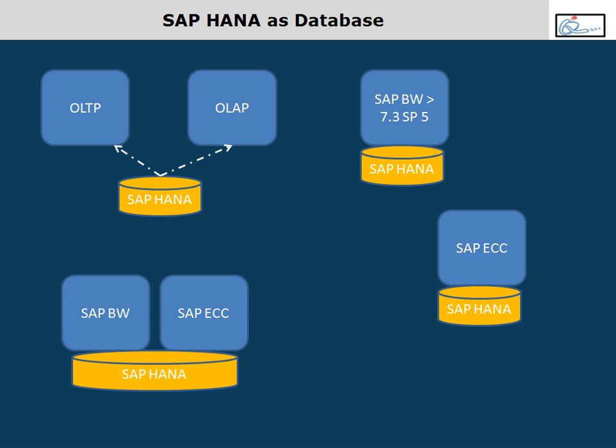So once HANA comes as backend database for BW, BW becomes stronger now with high performance and also more functionalities of more info providers. We can also use analytical views, calculation views for reporting through BEx or whatever it is. Yeah. And with ECC powered by HANA, we'll have to focus on something called VDM, virtual data model, or something called HANA Live. Okay.